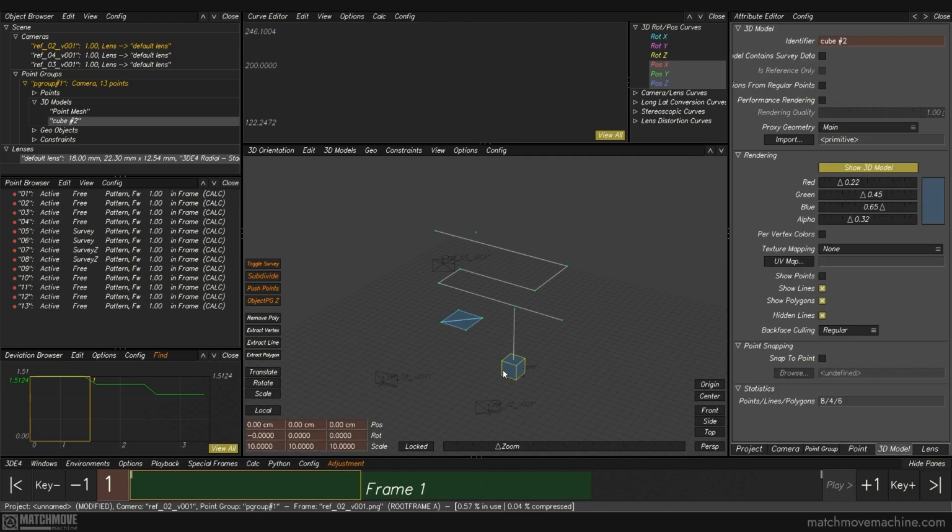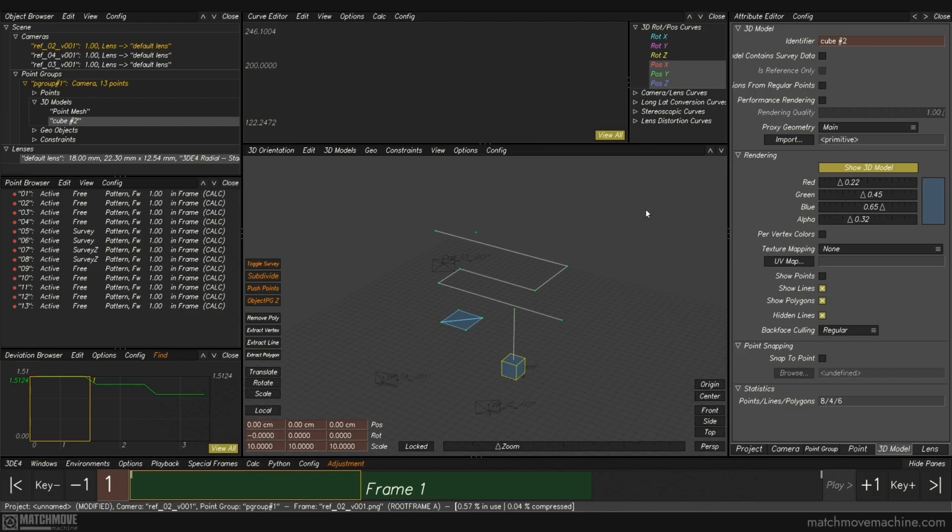What we can do here with the geometry that 3DEqualizer provides, in general, let's quickly go over the properties of 3D models. Identifier, the name of the 3D object, shown in the model list. The checkbox model contains service data indicates whether this model contains additional data about its position in the scene. If the box is unchecked, there's no such data. This setting is enabled by default for OBJ files that we import, and by default it's disabled for objects created inside 3DEqualizer. Manually created objects are usually moved and modified without using them as a source of tracking data. Imported objects, however, can be used to obtain